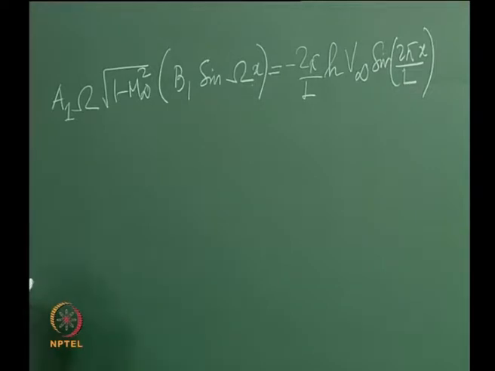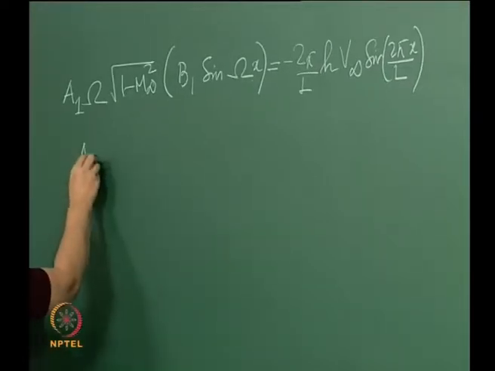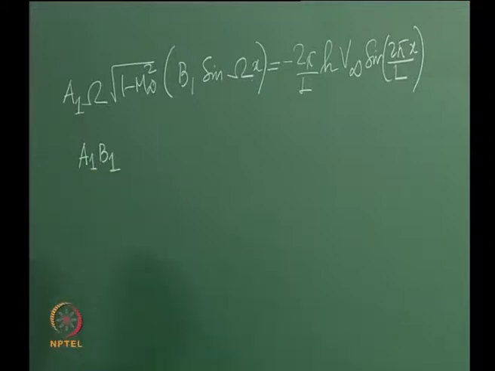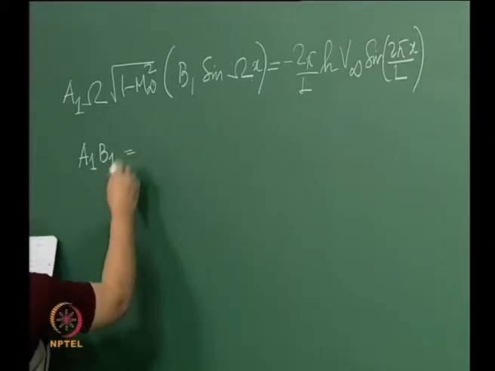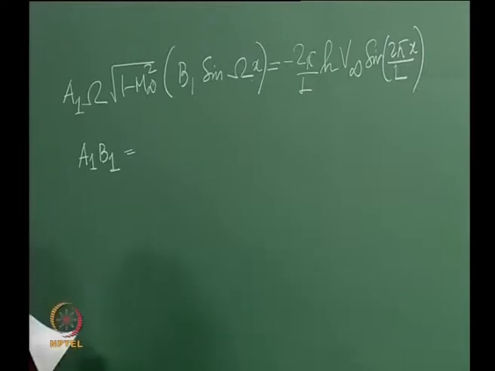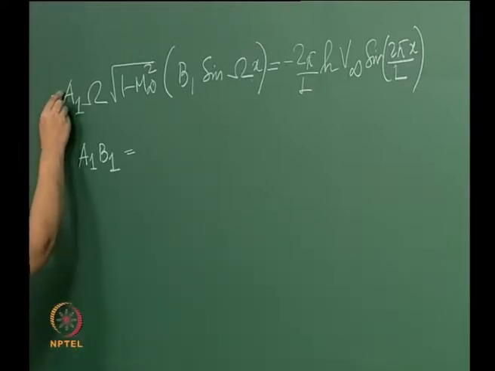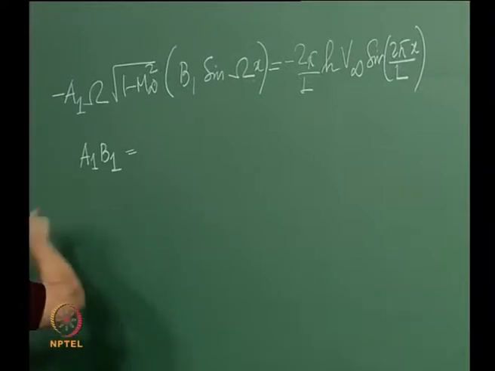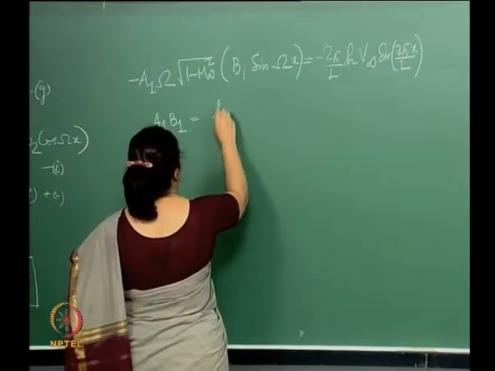So what we get is A1 B1. Sorry, I missed out the negative sign here. So what we have here is that A1 B1 is equal to